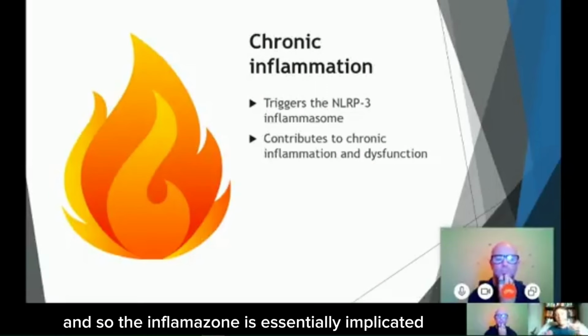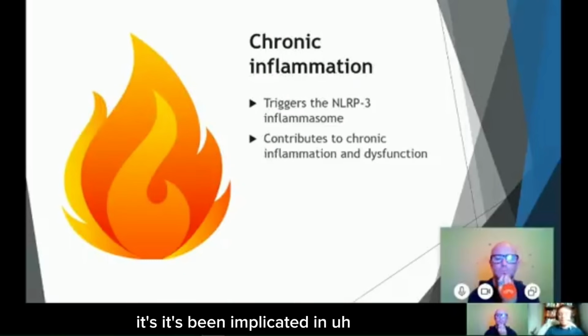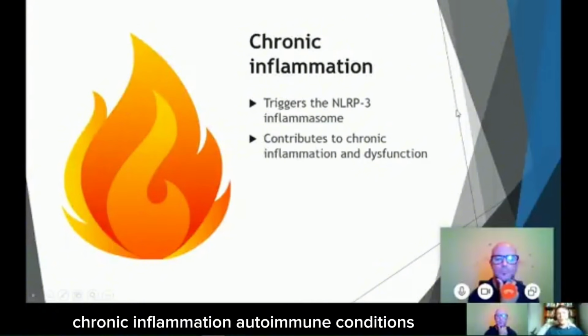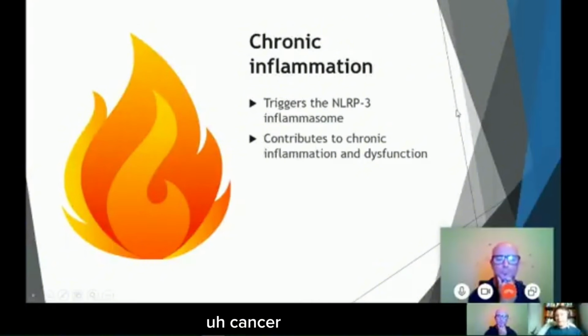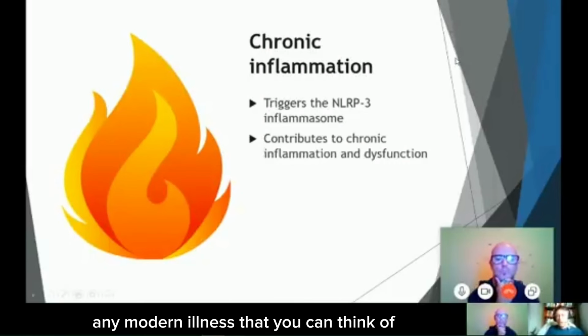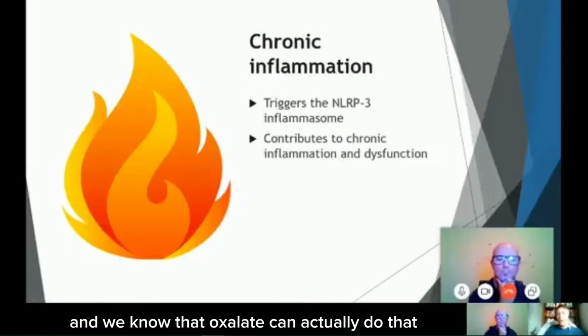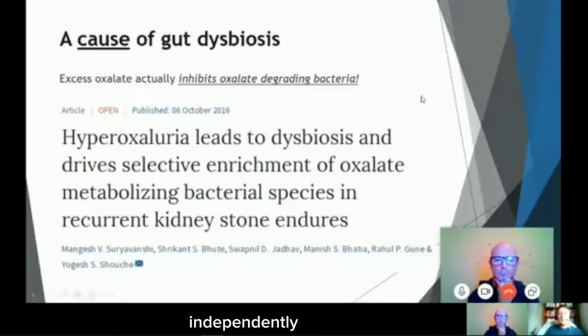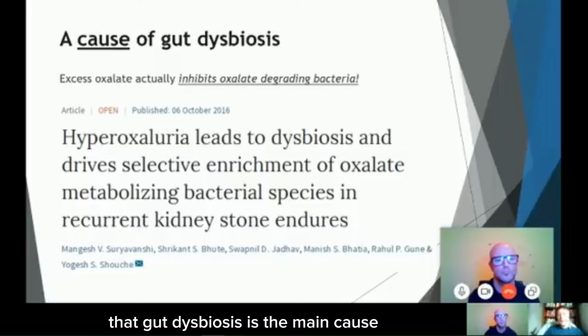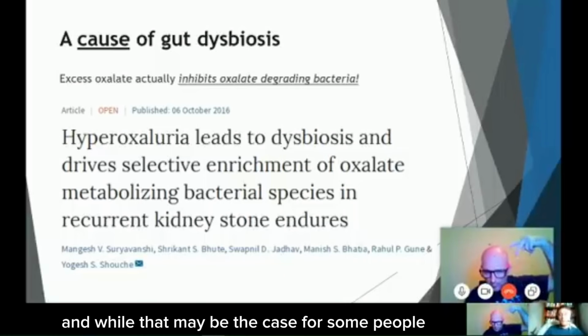And so the inflammasome is essentially implicated. It's been implicated in chronic inflammation, autoimmune conditions, cancer. I mean, practically any modern illness that you can think of, activation of the inflammasome has been implicated in that. And we know that oxalate can actually do that independently. So there are people who will try to tell you that gut dysbiosis is the main cause of oxalate problems. And while that may be the case for some people,